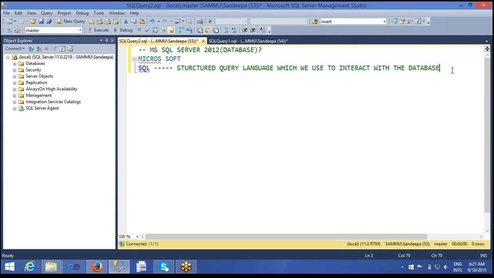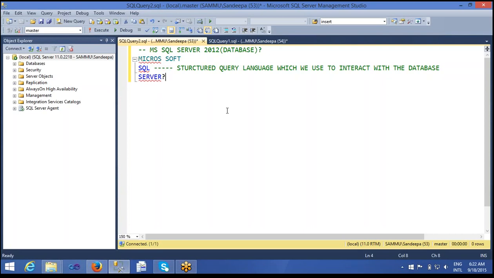Again, what is a server? A server is nothing but a workstation where we save the data. Before starting any classes, we make our local system a server so that we can work offline.